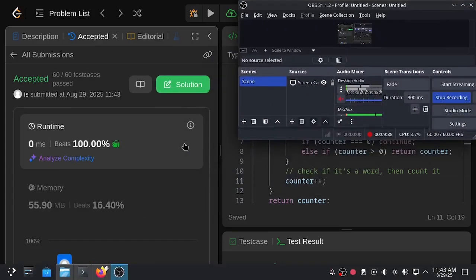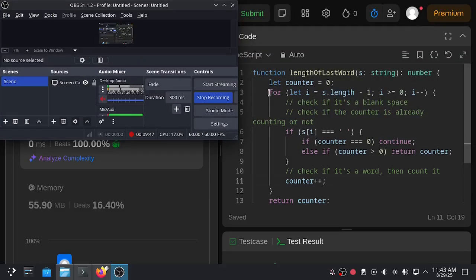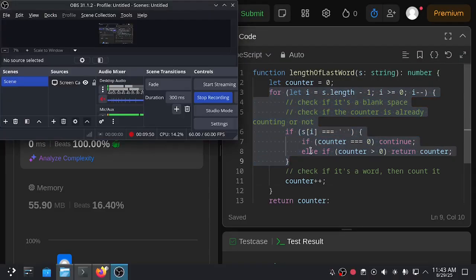I hope you understand my explanation. If you still don't understand, you can ask me in the comment section, or if you have better solutions regarding this, you can use a while loop instead of the for loop to be more readable, or more concise and effective. And if you have something else other than the while loop that I already mentioned,